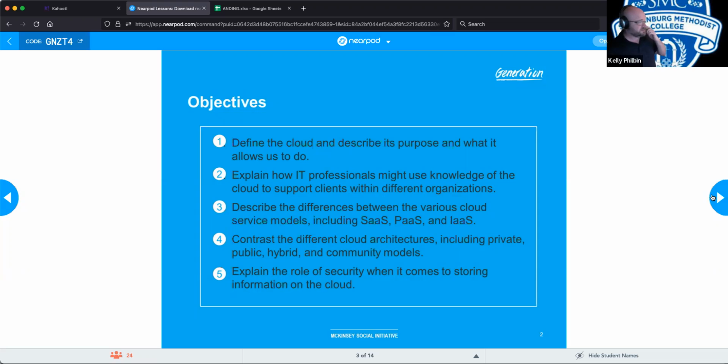Describe the difference between the various cloud service models, including SaaS, PaaS, and IaaS. Also, contrast the different cloud architectures, including private, public, hybrid, and community. And explain the role of security when it comes to storing information in the cloud. Hint, hint, it's not secure.